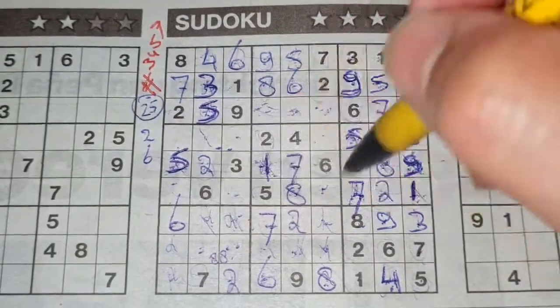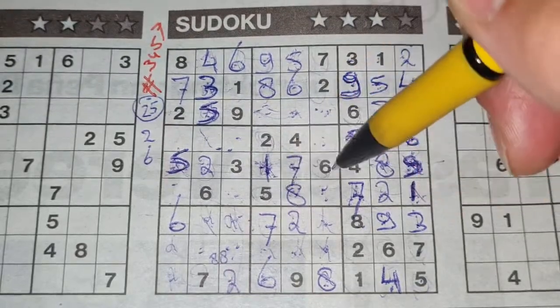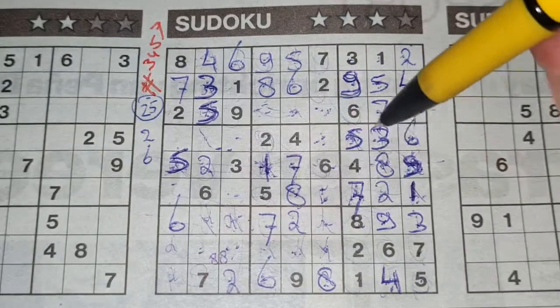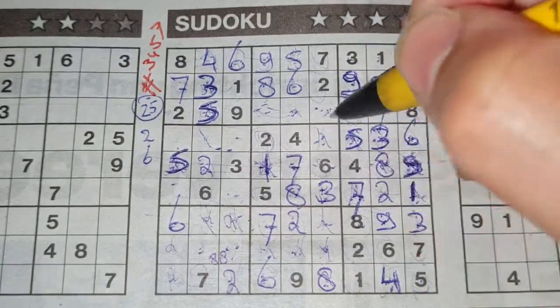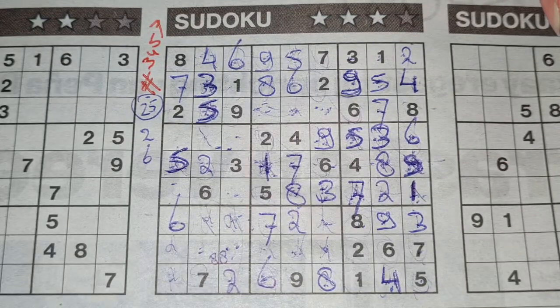There are 2 numbers left in this big square. 1, 2, 3 is missing. 4, 5, 6, 7, 8, and a 9 is missing. 3 and the 9. We see here 3, no 3 there. 3 should be here, and the 9 goes there. Alright. Then